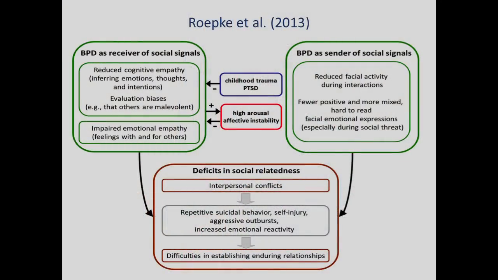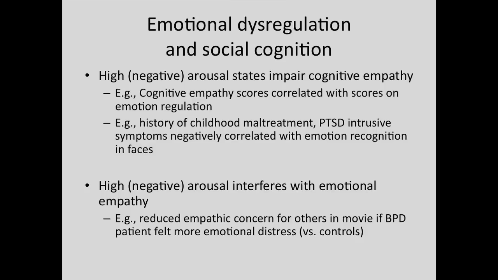These two, as you might guess, can conspire together or independently to create a lot of problems in social relationships. So exactly what we're talking about, interpersonal conflicts, and then these other sorts of behaviors or symptoms that we often see in an interpersonal context, like suicidal behavior. And also another hallmark feature is that people with this disorder tend to have trouble maintaining long-term relationships. Now, I also want to point you to this, because this one will be very important today.